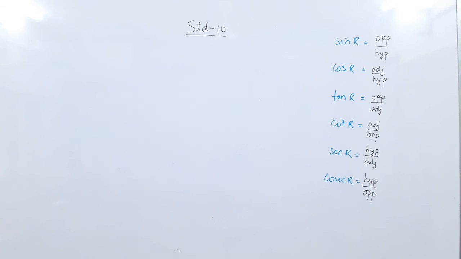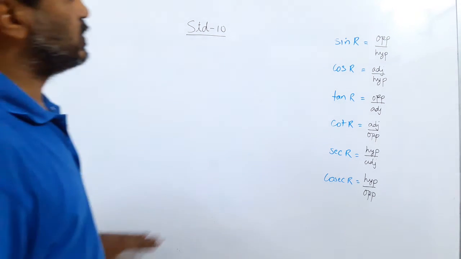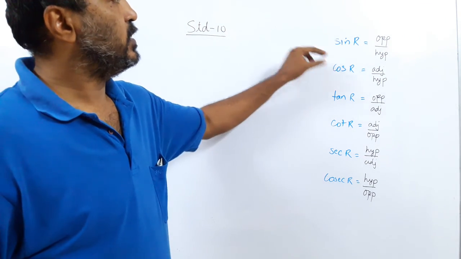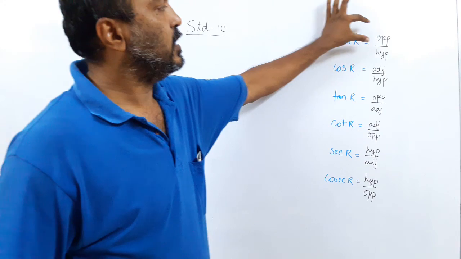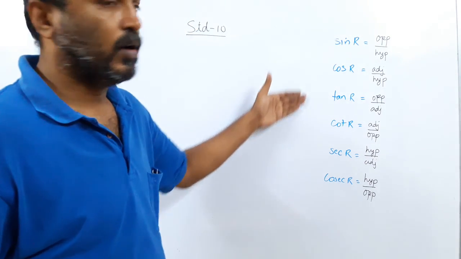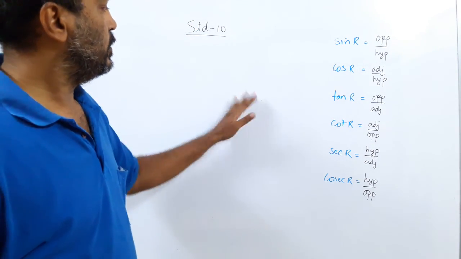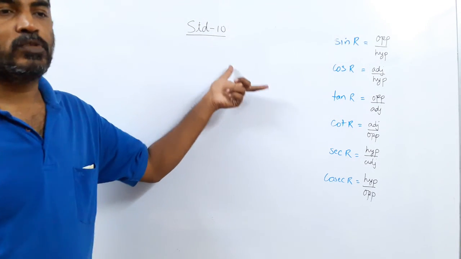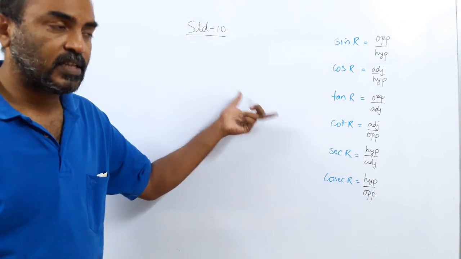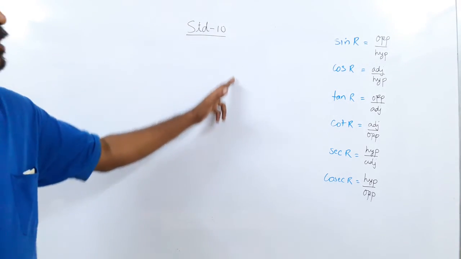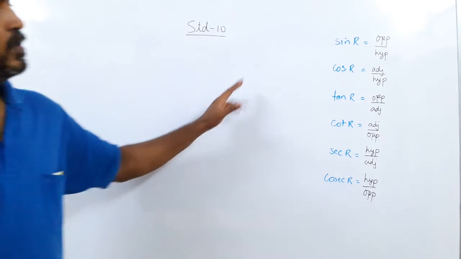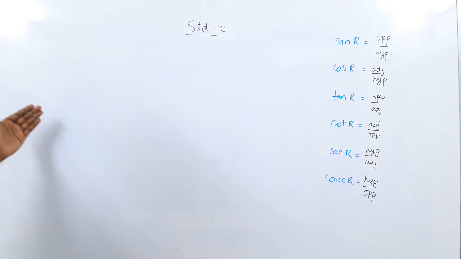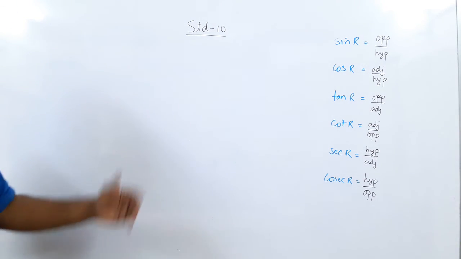So quick revision of what we have done today. First things first, the 6 trigonometric ratios. Sine of any angle is the ratio of the opposite side to the hypotenuse. So this you will learn. Then some data will be given to you. One side will be given, the difference of two sides is given, or the sum of two sides is given, whatever is given according to the condition, you will find the relation of the three sides. When you know the three sides, you will obviously know the ratio, and depending upon which identity is given to you, you will solve the sum accordingly.